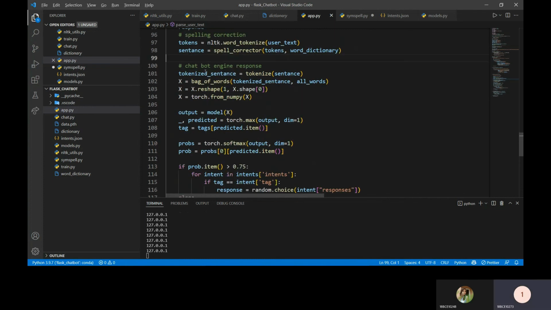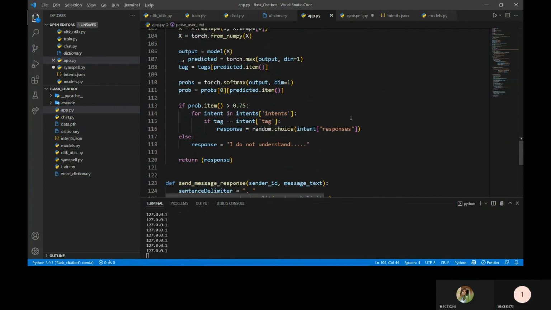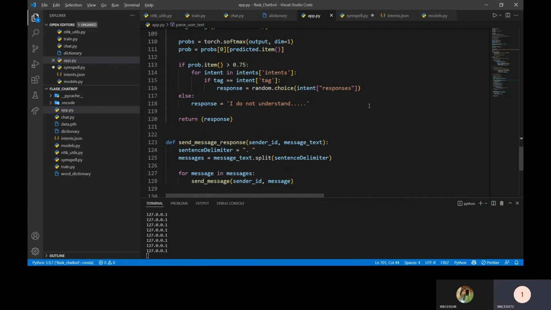After that, we are pre-processing it for the chatbot. After pre-processing, we get the bag of words, and that bag of words can be used for further prediction to generate the answer. After prediction, we check if the probability of that answer for that particular question is more than 75%.